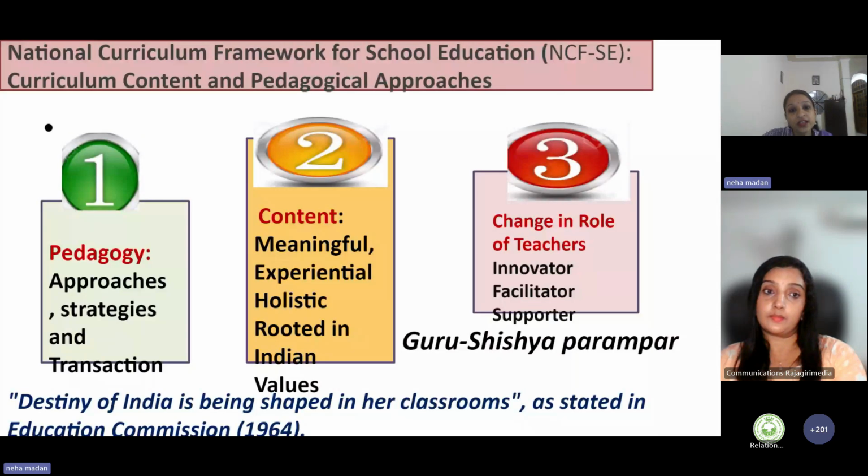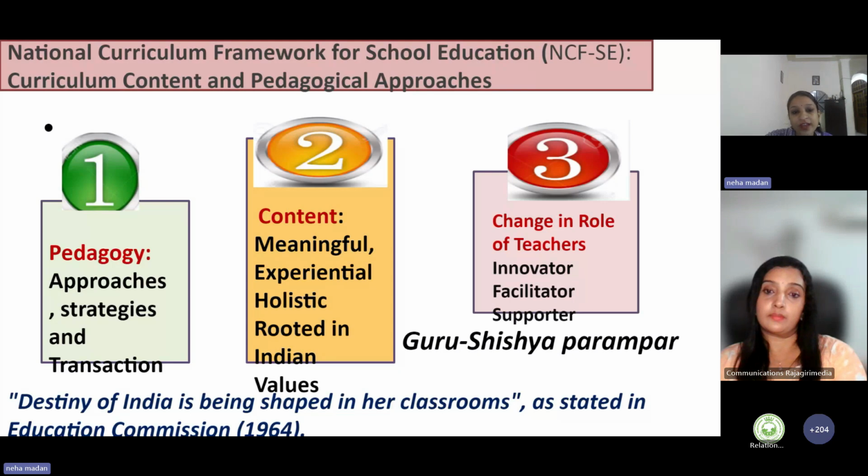Now, with this, there has been emphasis that the National Curriculum Framework for School Education, that is NCF SE, is in the process of completion, as we are coming across in the newspaper that the new NCERT textbooks have already been launched and they will be implemented very soon. If we look at the NEP 2020 recommendations and how, as a teacher or a teacher educator, we can